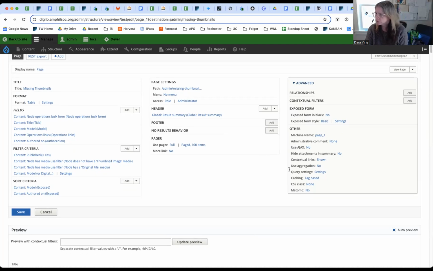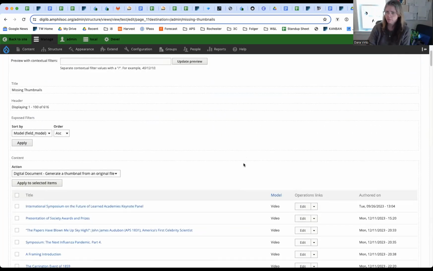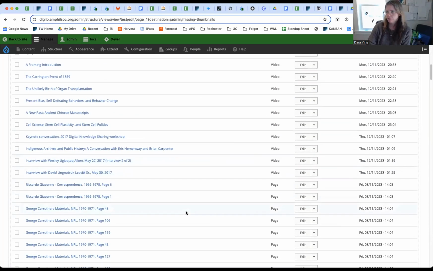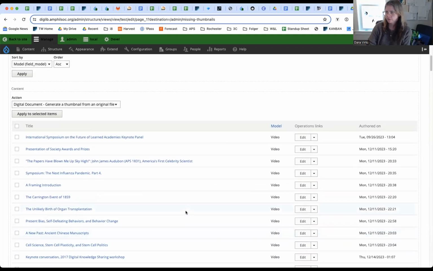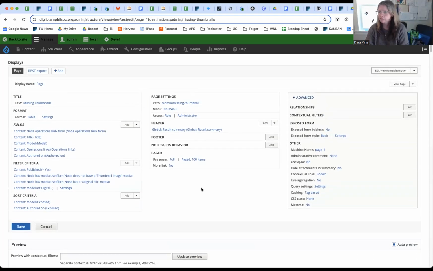And then I don't think there's anything exciting in the advanced section on this particular view. So you can see down here, there's a preview. It's telling me there's 616 objects that meet my criteria, and they're all listed out here. They're all videos in this case, because we have videos that we're processing through that haven't gotten their thumbnails. So to actually see the view the way it really looks, I will just go up,